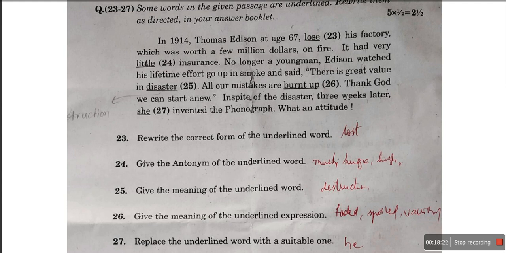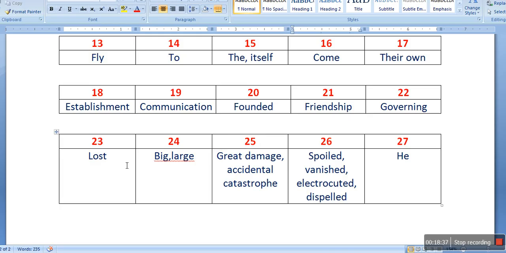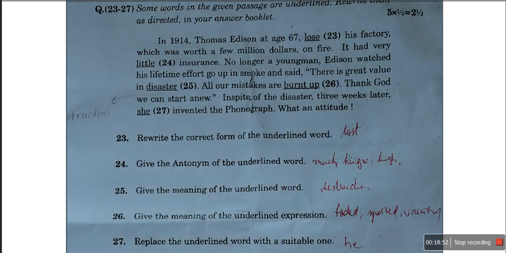And at the end, 3 weeks later, dash invented the phonograph. Here we are talking about Thomas Alva Edison. It is a male person, so here we have to write he. So the last answer is he. So the 23rd to 27th answers: last. Next is big or large or great, damage, accidental catastrophe. For 26 you can write spoiled or vanished or electrocuted, dispelled, and the last one is he. So these are the